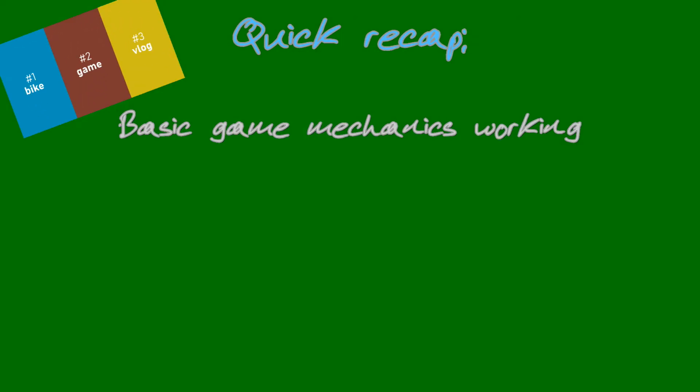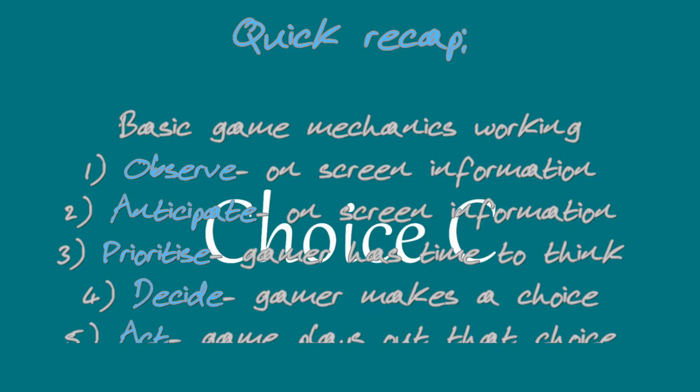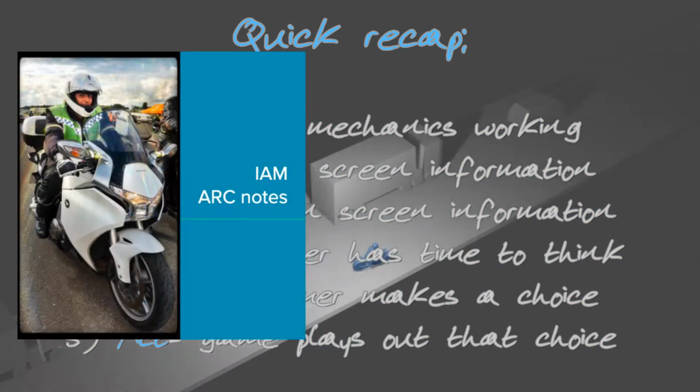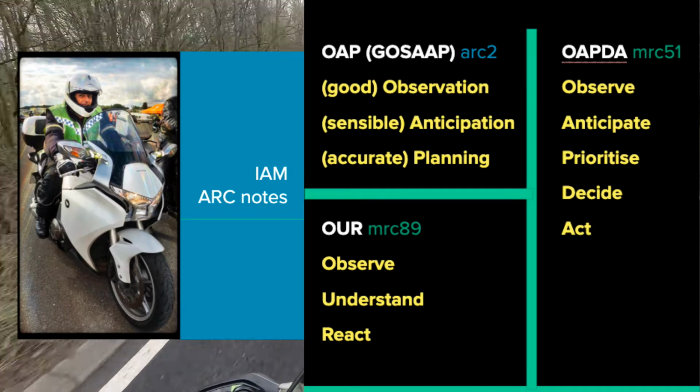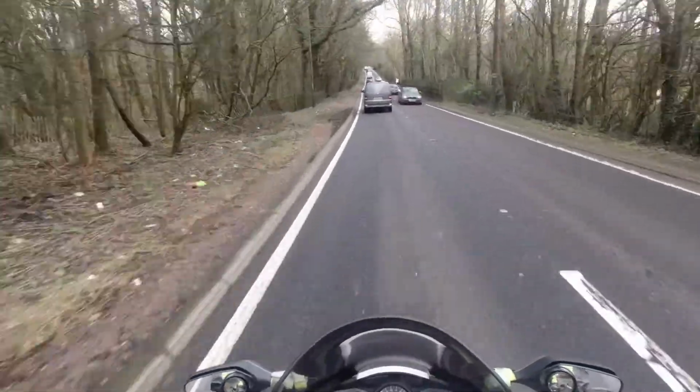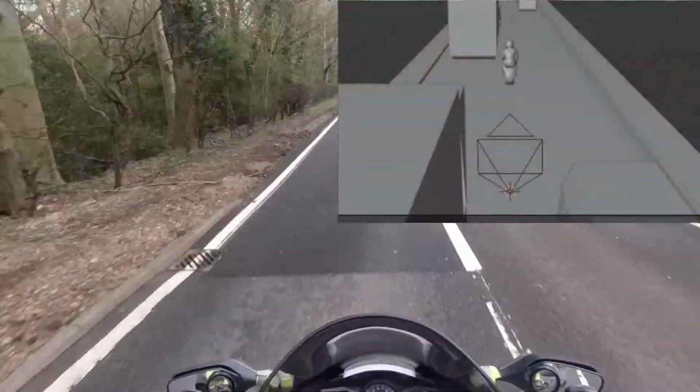This is intended to be a short video that just brings together elements of my 3 challenges. So currently the game lets you look, make a choice, and then plays a video of the choice, and that's based on the IAM principles around observe, anticipate, prioritize, decide, and act. I want to build a range of scenarios that draw on my videos, but currently the game model lacks sufficient